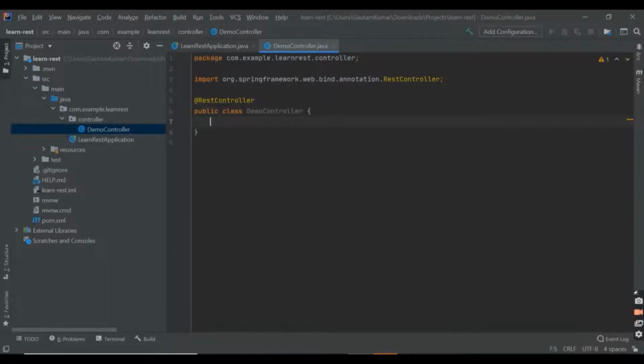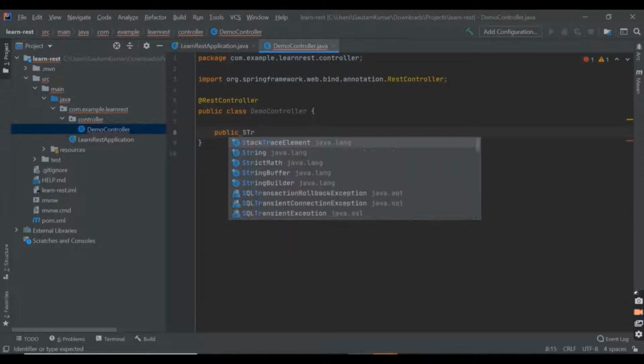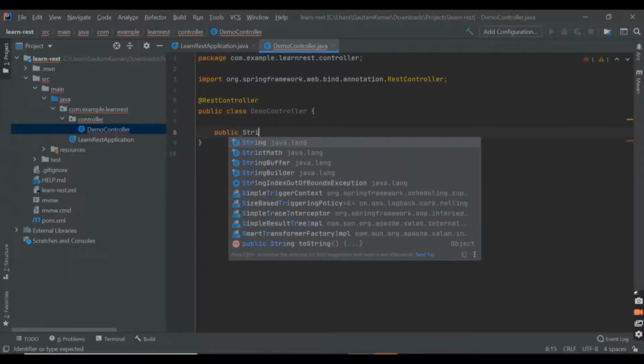After this, we'll create a method inside this, from where we'll be returning the data. We'll write public, and just for learning purposes, we would like to return string data to the user. So we'll put the return type as a string for now.